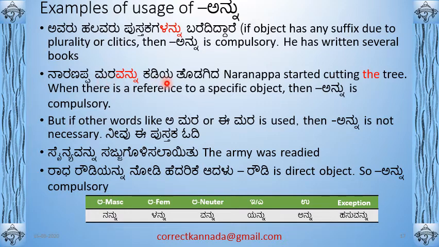ಮರವನ್ನು ಕಡಿಯತೊಡಗಿದ. Right? Todagida is to start. Okay. Kadiya is to cut with an axe. So Maravannu, so the tree. Here the Maravannu. So Naranappa is the name of a person. Naranappa Maravannu. The fact that you are putting Annu, you are saying he started cutting the tree. So there is some specific tree that he is cutting. In some context, this is probably a line taken from a story. So Naranappa Maravannu